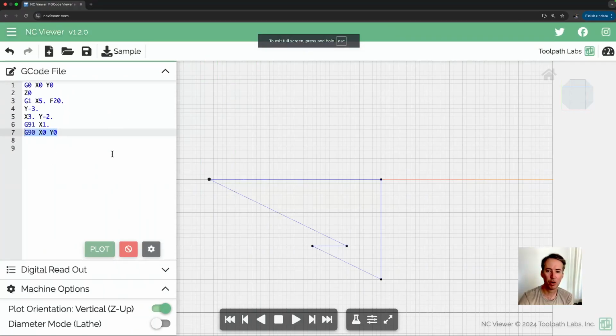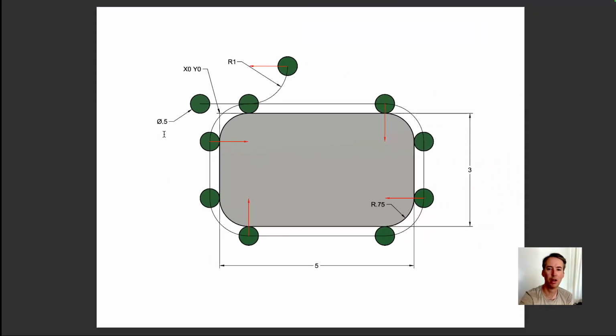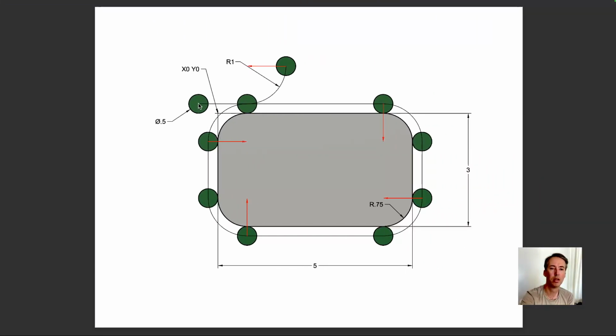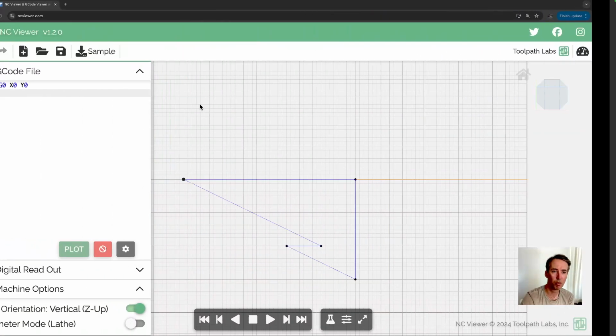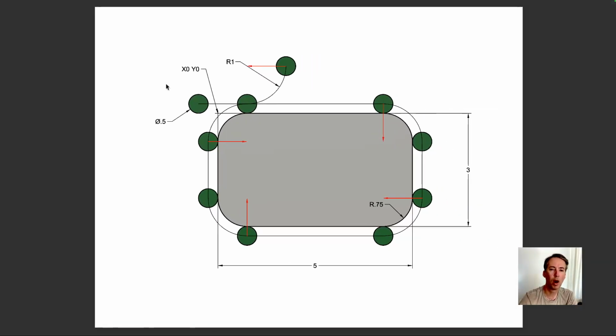So we already have some code here from the last video. I'm just going to delete back to the very first line of code. So we're going to wrap it to some beginning point. Let's call it this point, which I didn't specify, but I'm going to call it X negative 0.5. And then Y,